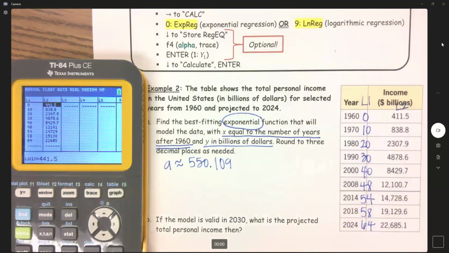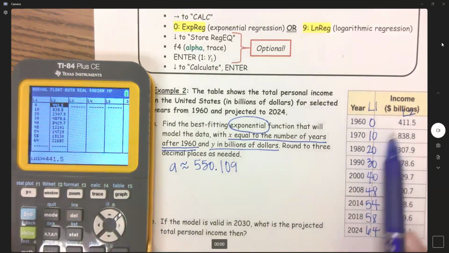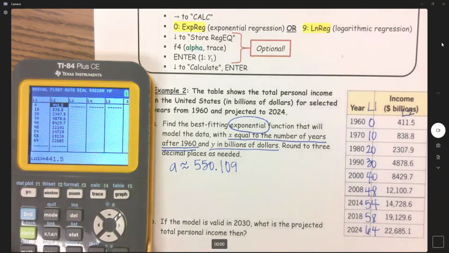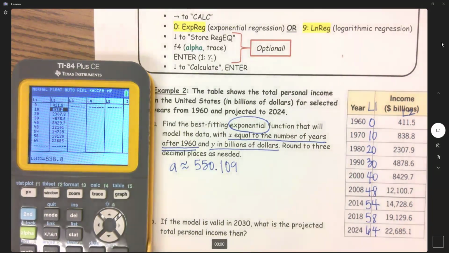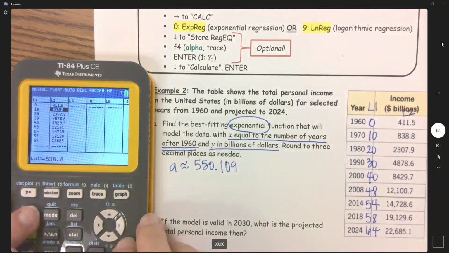Okay, I did enter in the data wrong. I accidentally put 441 instead of 411. So let's change that. So when you check, make sure you really, really check. Okay, because I got this number wrong. And so now,